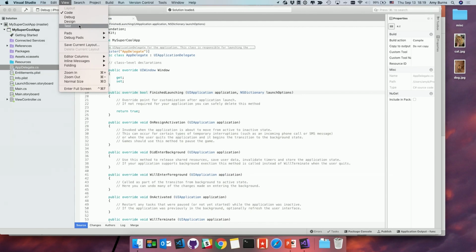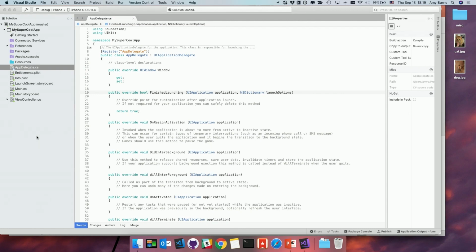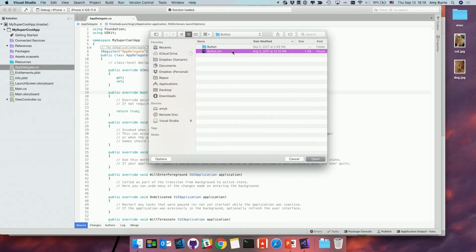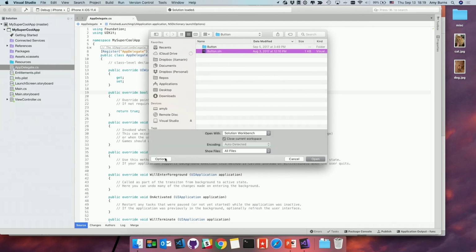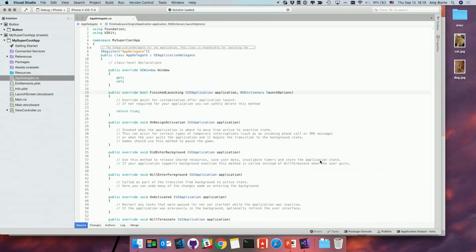It is important to note that by default, Visual Studio for Mac will open any new solution in a new workspace and actually close the current workspace. However, you can open more than one solution in a single workspace by going to File and Open, and just select the solution file that you want. Go to Options and uncheck Close Current Workspace, and then hit Open, and it will open in the same